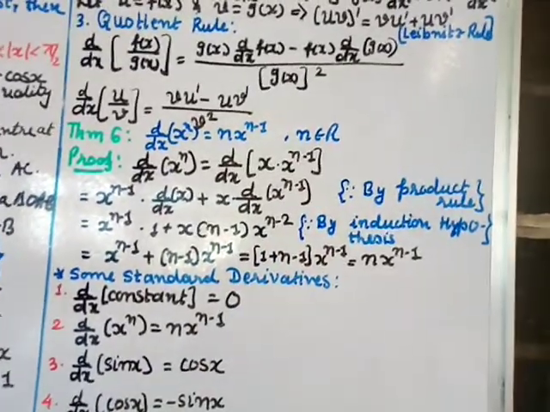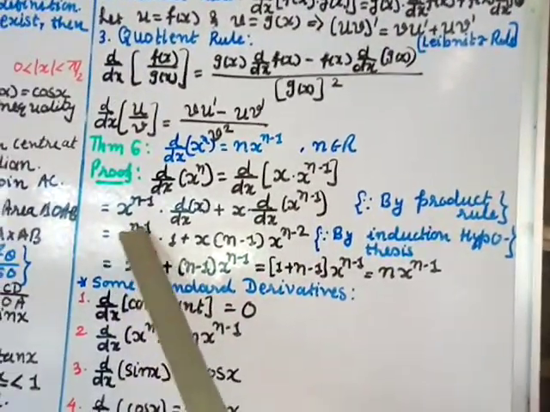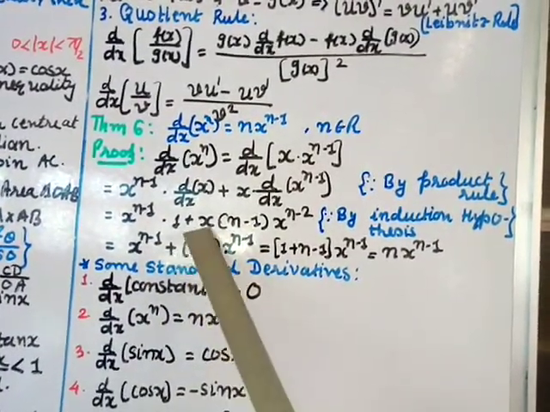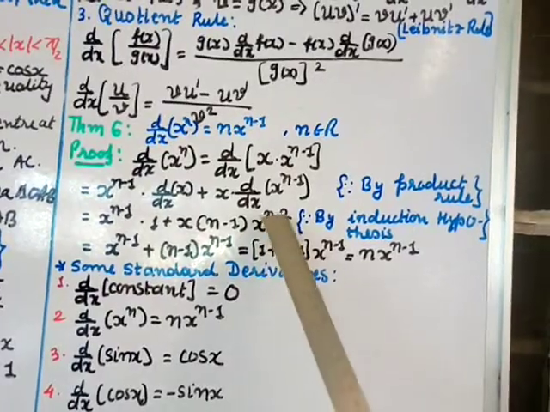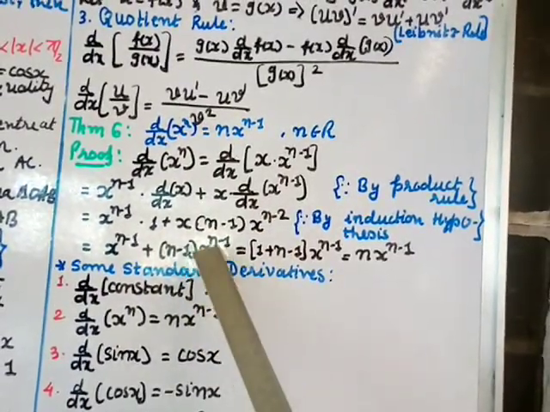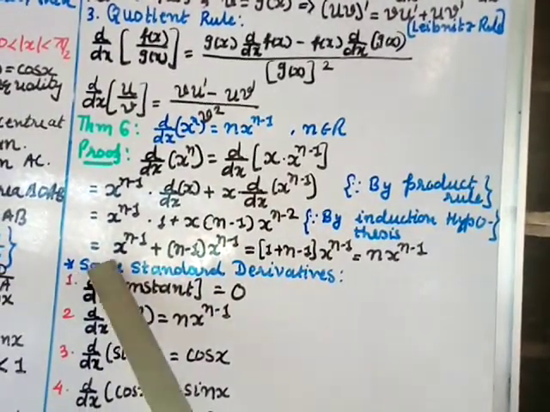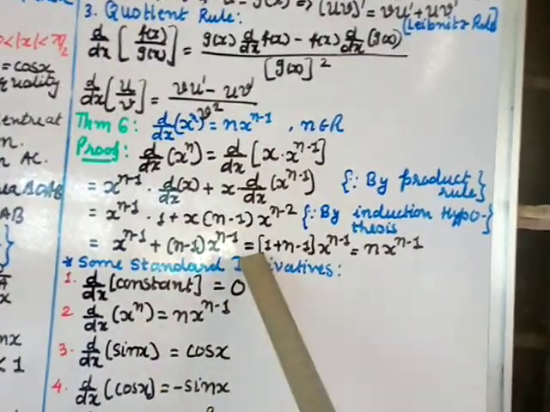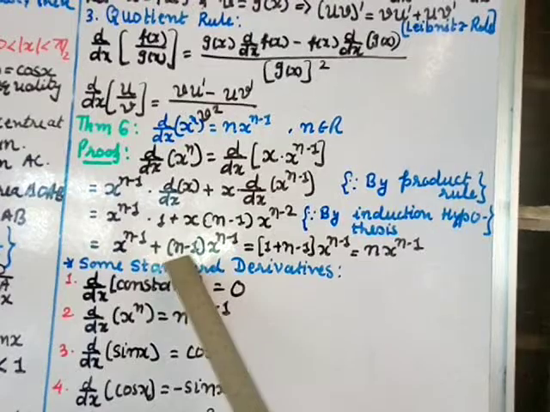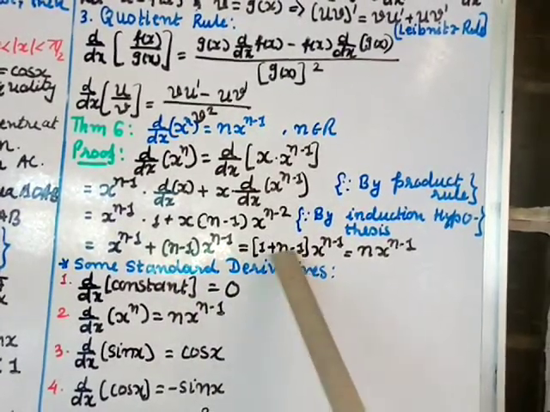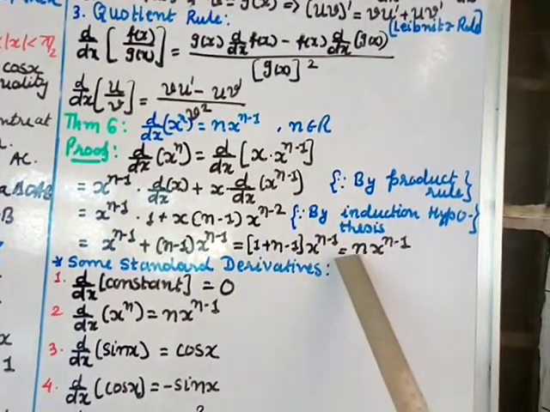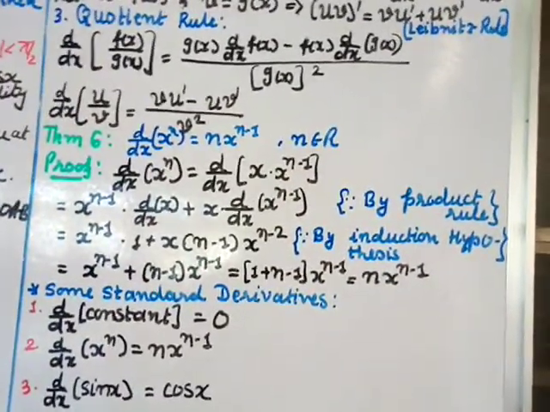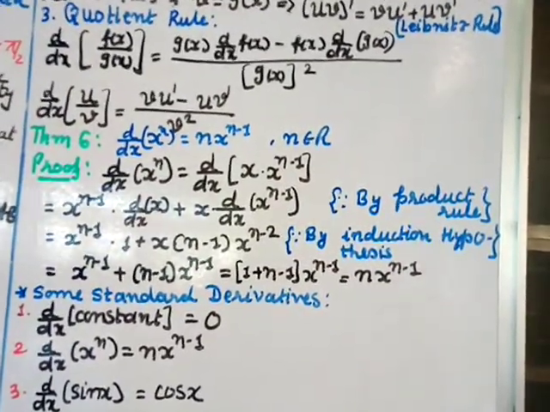Okay, now see this one, x power n minus 1 into 1 means x power n minus 1, right? And here n minus 1, x power 1 into x power n minus 2, if you combine these two powers you get x power n minus 1. Now here x power n minus 1, here x power n minus 1, take common, so you get 1 plus n minus 1, plus 1 minus 1 cancel, remains n, so you get n into x power n minus 1, and that is what you have to prove. This is also one of the results you should remember.